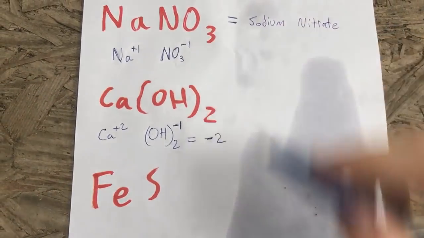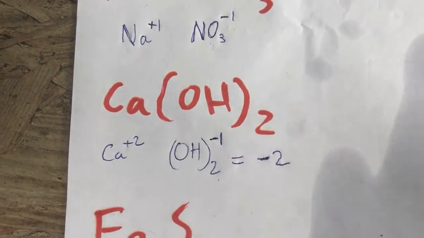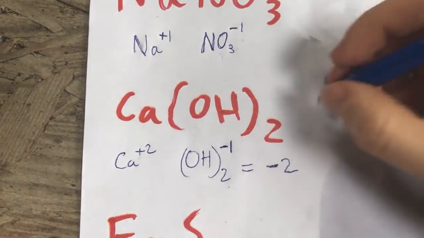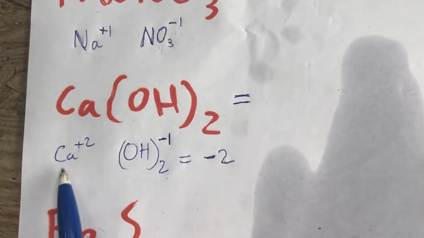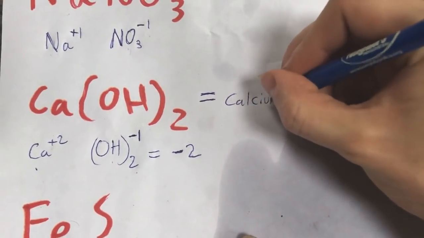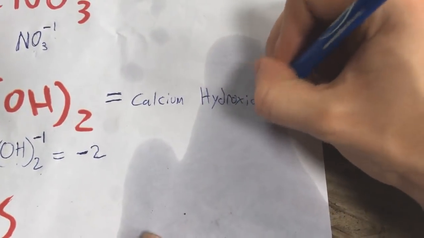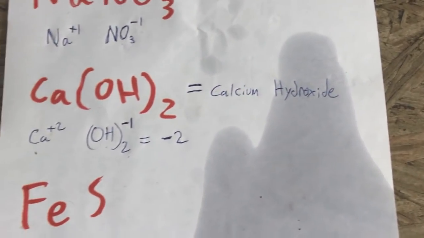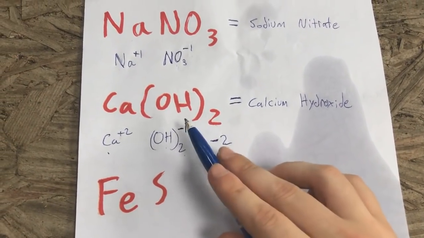So just like the example above, we have a -2 and we have a +2. They cancel each other perfectly. So whenever that happens, you just write it exactly like you see it. Calcium hydroxide. And so something that's really important to note with ionic names, even though I've got two OHs here,